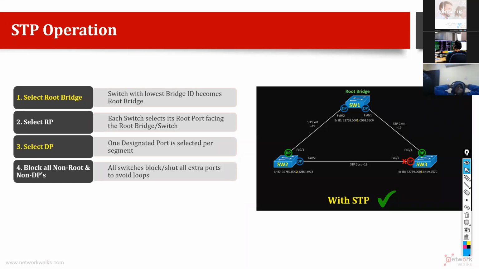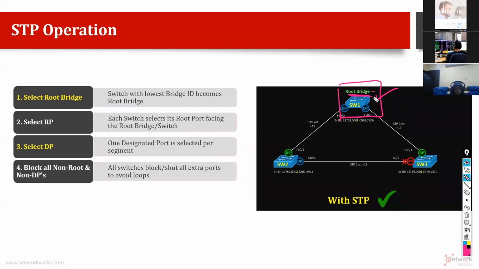So they will negotiate with each other. We saw in Packet Tracer, they were talking to each other during that process. First of all, they were sending messages to each other. Okay, guys, who wants to become the boss? So finally they said, okay, guys, I will become the boss. And this one is called the root bridge or root server.